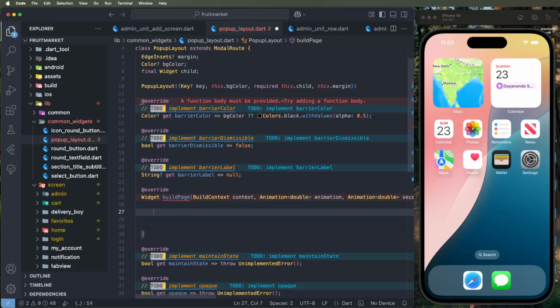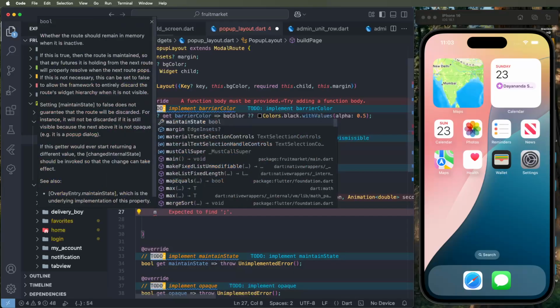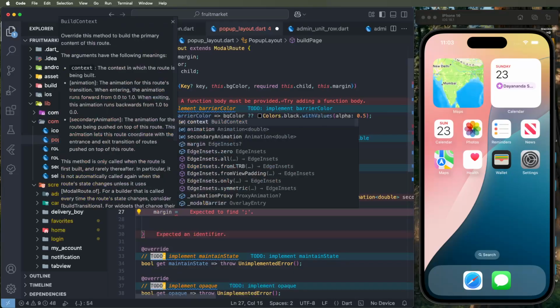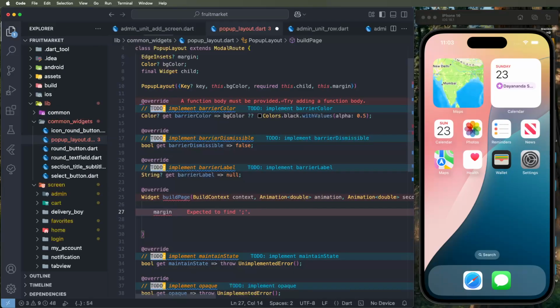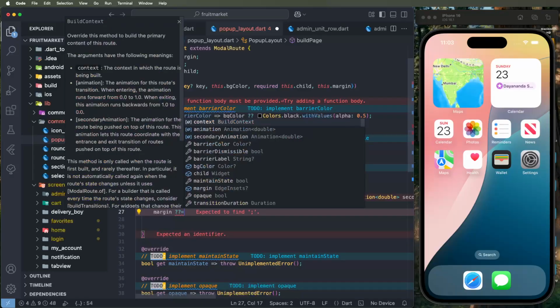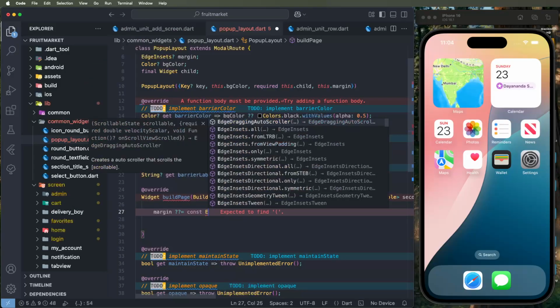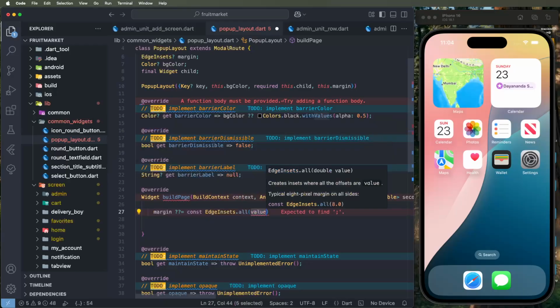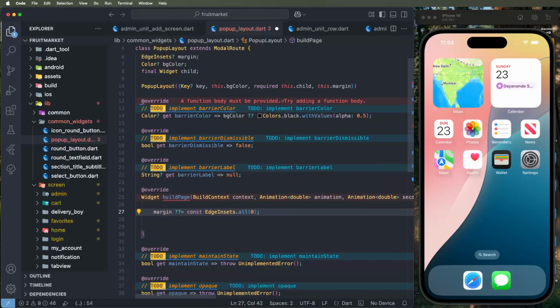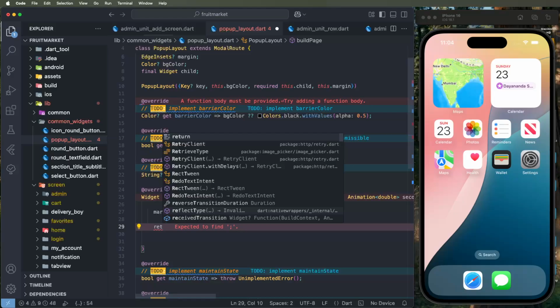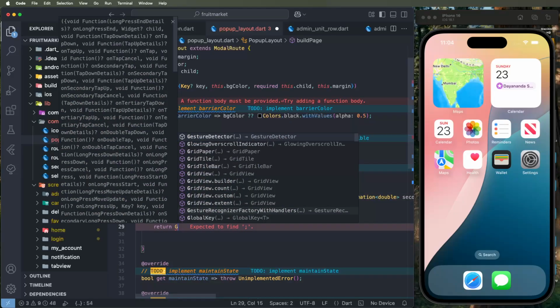Inside the page we write the margins. If the margin is null, we assign a const EdgeInsets.all with a 0 blank margin, and return a GestureDetector